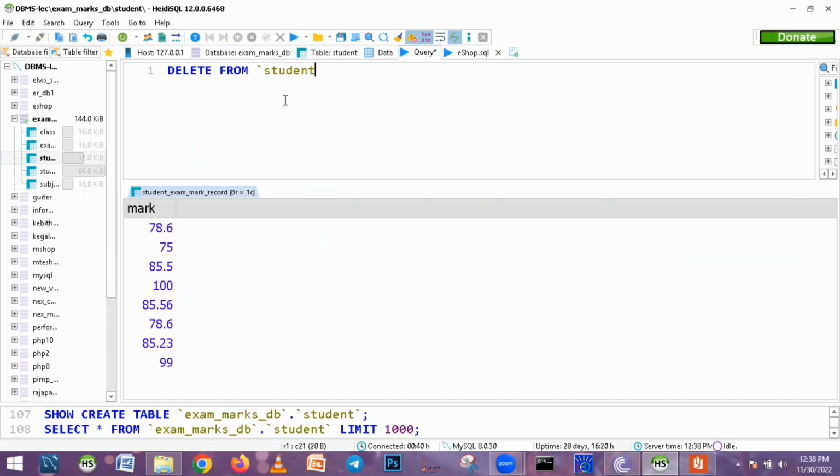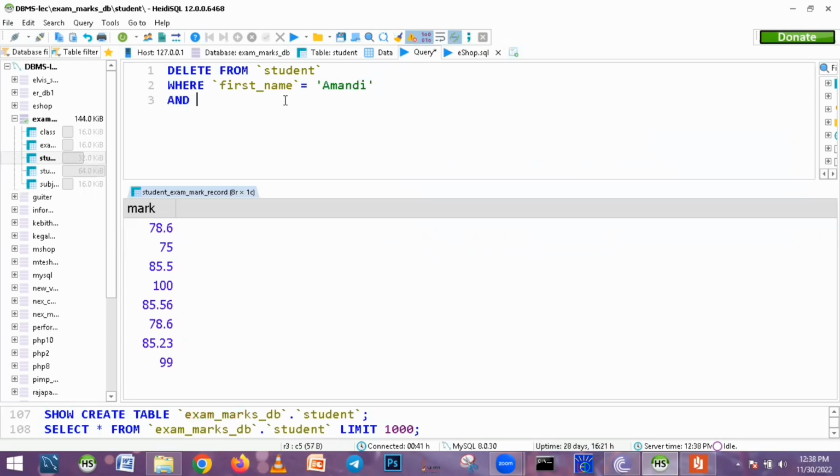We won't delete everything, just some details from the student table. So we need to use first name and last name like the previous one. So use a where clause, and we have given first name, so first name equals Amandu,